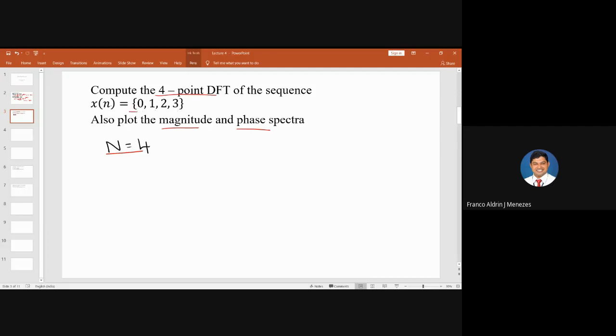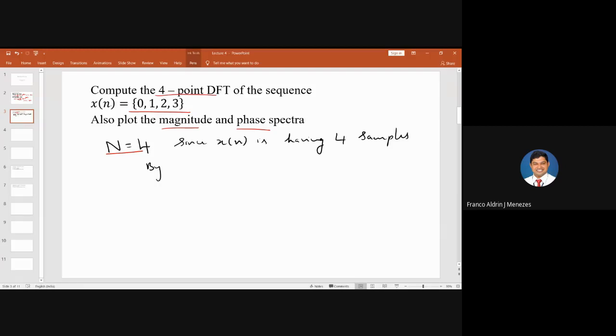So this x of n has 4 samples present. We can just write here: since x of n is having 4 samples,